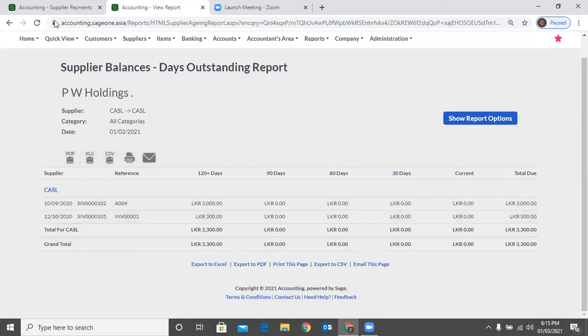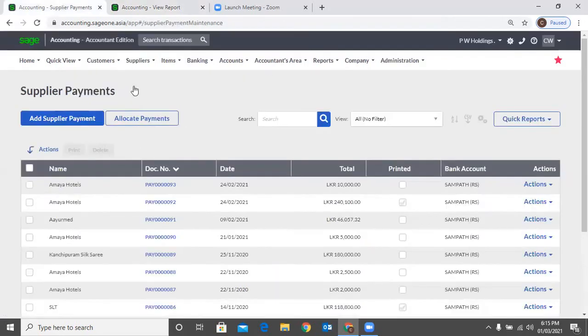Okay. Now again, if we open that supplier transaction or supplier allocation,